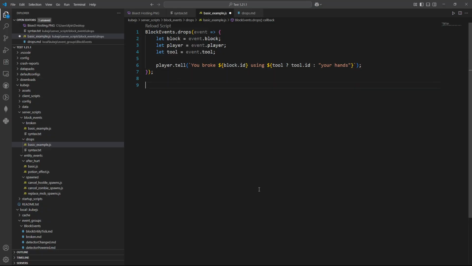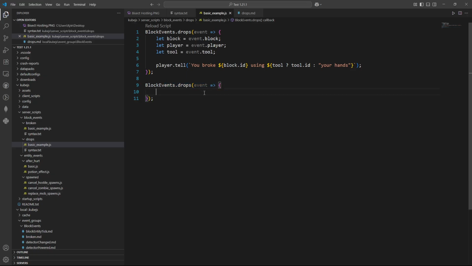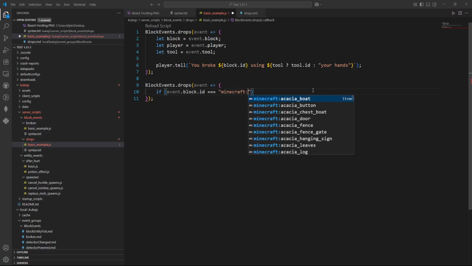So moving on to our next example is replacing drops. We can just copy and paste this part of the code here because it starts the same. Essentially, we're going to replace the diamond drops with 2 emeralds when you're breaking a diamond ore. So the first thing we need to do is use an if statement to check which block is being broken. So if event.block.id, if that is equal, and we're using 3 equal signs here, to minecraft:diamond_ore,